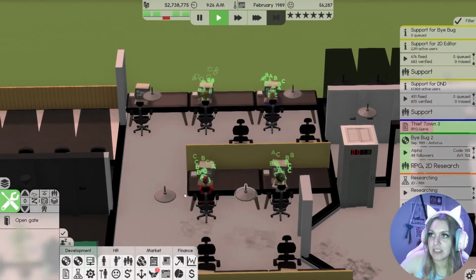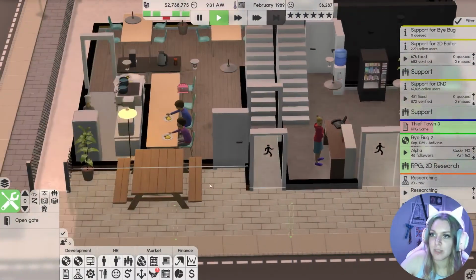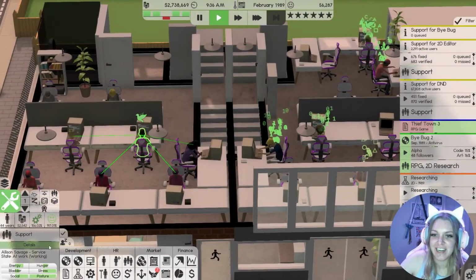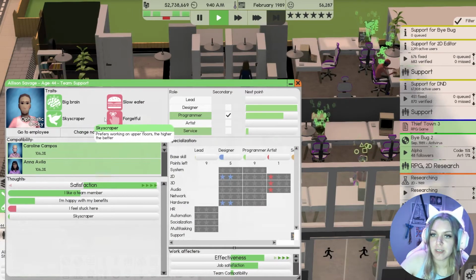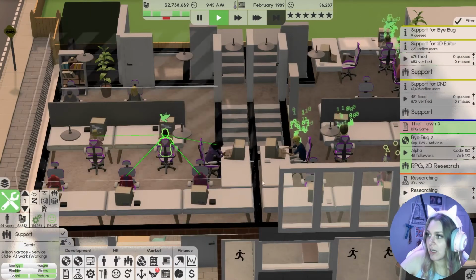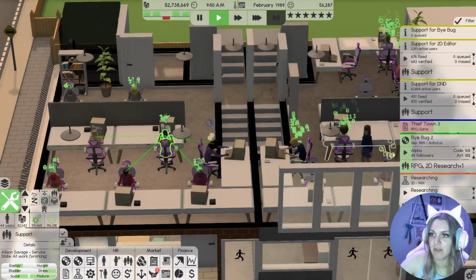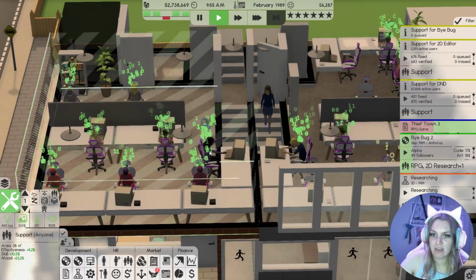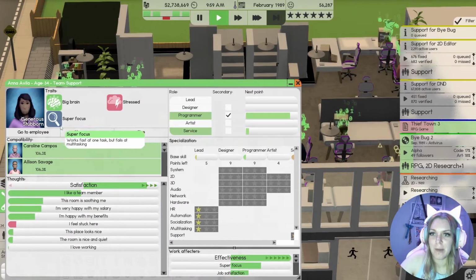Meanwhile, our R&D team here is busy helping the RPG team out. Let's see what this icon is for. Skyscraper. Prefers working on upper floors. The higher, the better. Well, that's too bad. Our support team isn't really doing anything, so maybe we can assign them to this and see if any of them have any skills in system. Looks like they do. She is doing everybody's favorite thing.